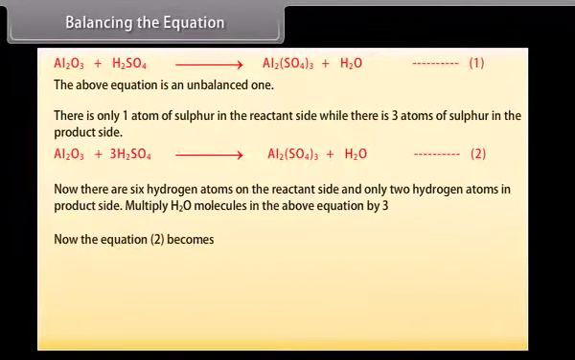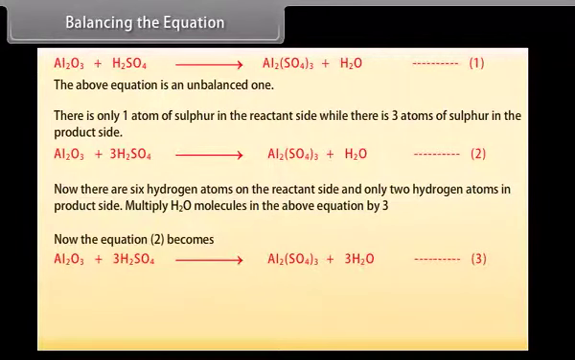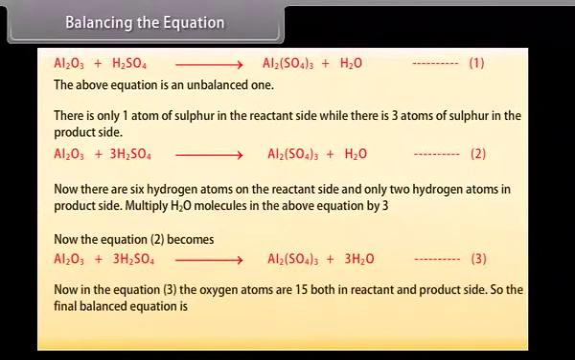Now equation 2 becomes Al2O3 plus 3H2SO4 gives Al2(SO4)3 plus 3H2O, which is equation 3. Now in equation 3, the oxygen atoms are 15 both on the reactant and product side. So the final balanced equation is